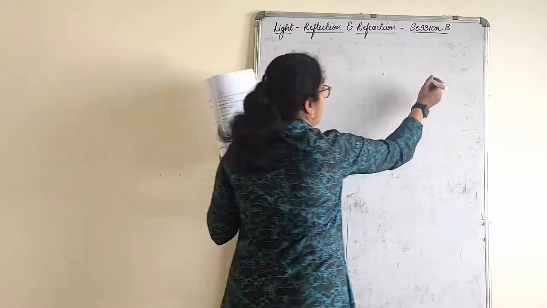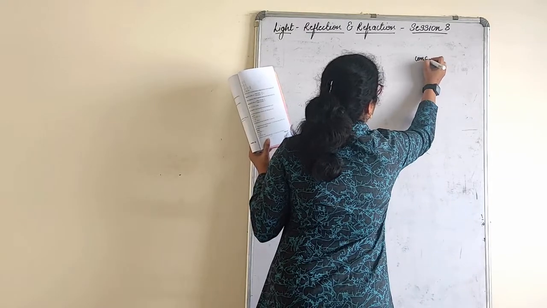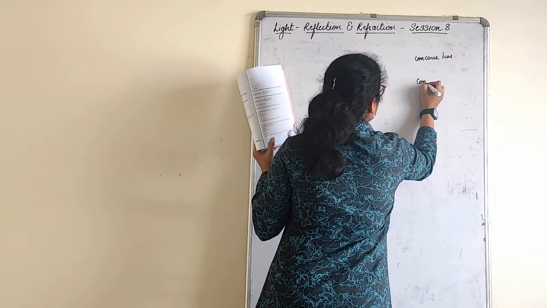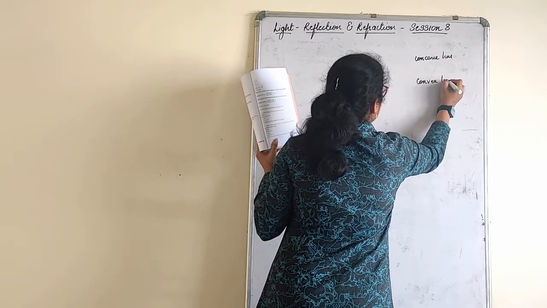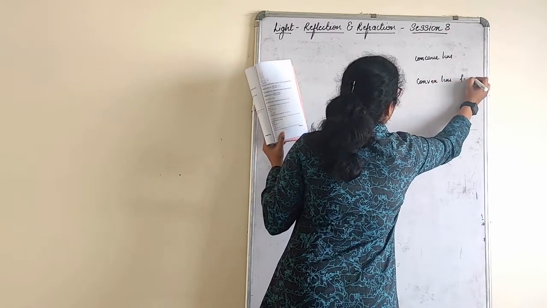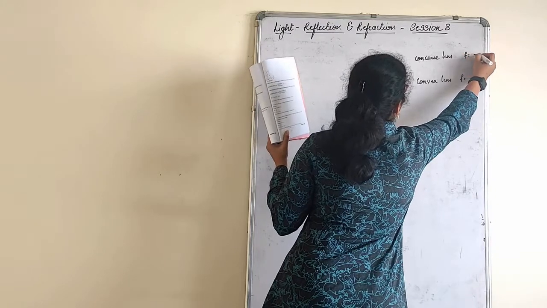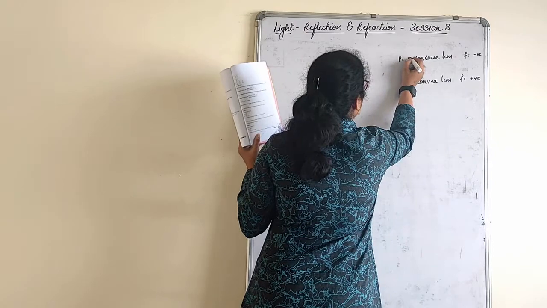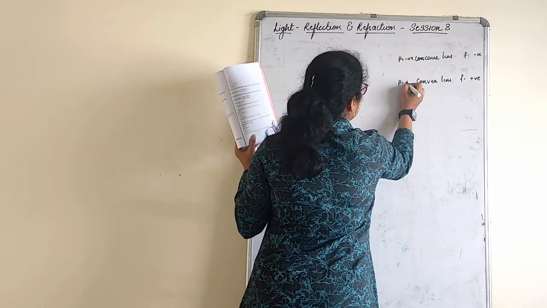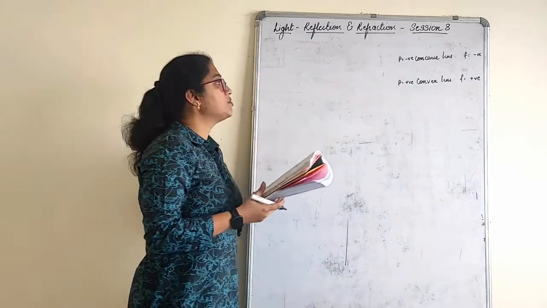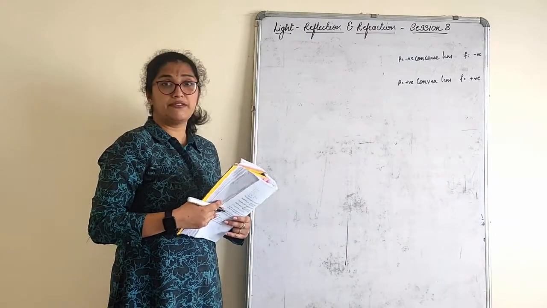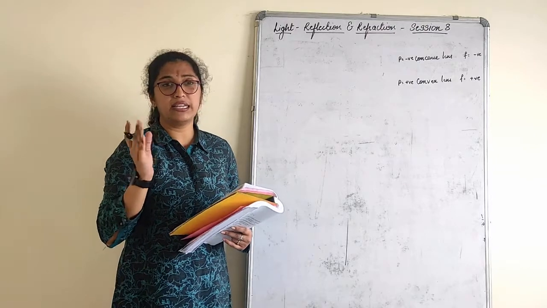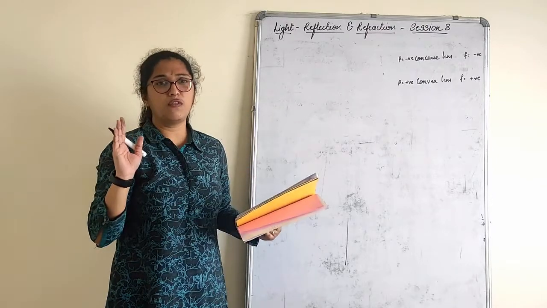So I'll again write, for concave lens and for convex lens. F is positive, F is negative. So here power is negative, here power is positive. Somebody is using a convex lens, power is positive. Why? Because focus is to this side. Somebody is using a concave lens, power is negative. Focus is this side. That's all what you have to know here.